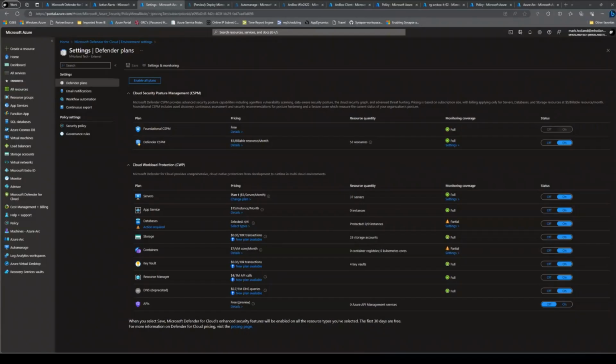And then I think the other option to cover is, obviously, if you go this route, it's going to be onboarding all 37 servers that you have within this subscription to Defender for Servers. That may not always be the case. Maybe you don't want all servers onboarded by default. So if you only wanted to target specific resources, maybe it's only the servers in your production. Not that we would recommend that, but if you were wanting to only target specific servers within the